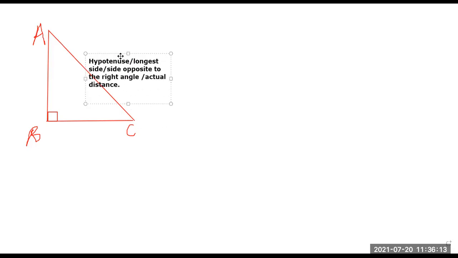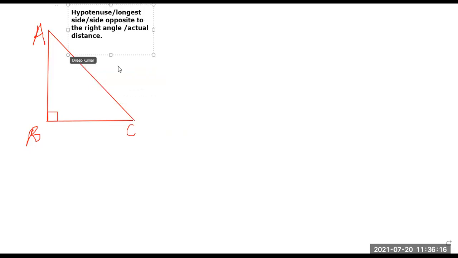Okay. So note all of these down. But let me just write it here simply as hypotenuse, because we use this word frequently. This is the hypotenuse. Now what about this one? What do we call this AB? Sir, base. Perpendicular. Perpendicular. Are you sure? Sir, that is the line adjacent to angle A. This is an adjacent side. AB is adjacent to angle B. Then what about BC?